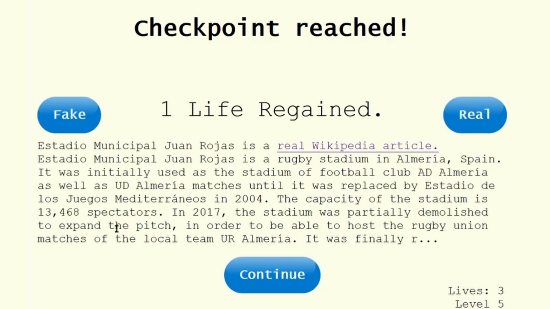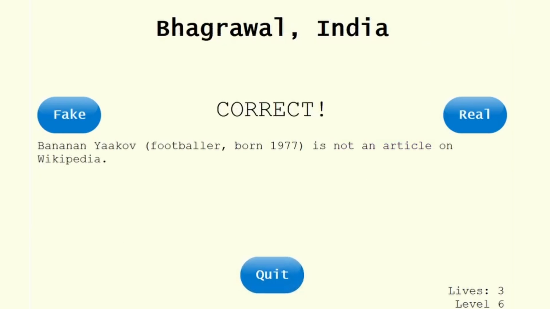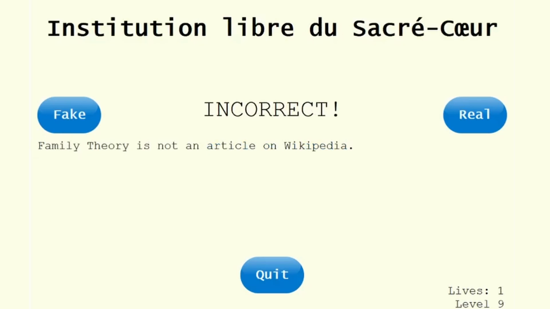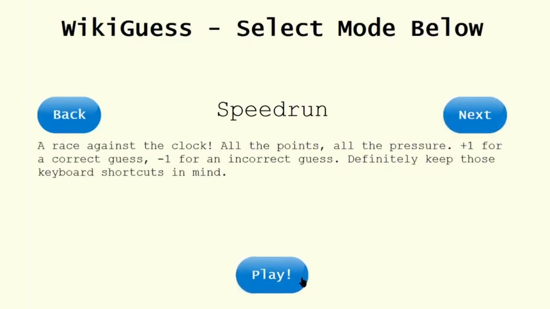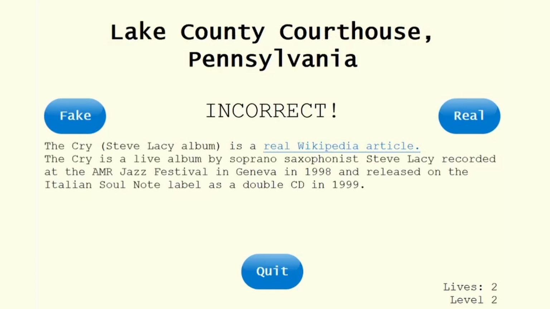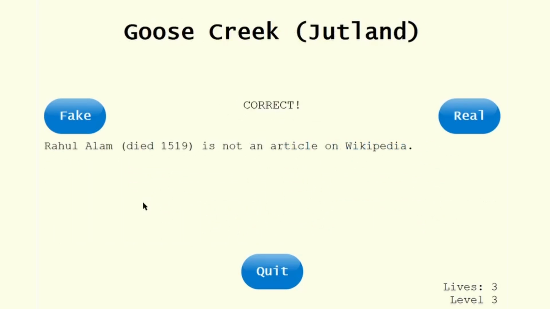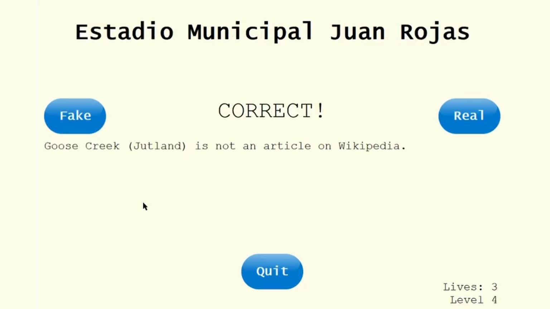Once I did that, I wanted to make the game a little more interesting than just guessing yes or no and being told if you're right after each one. So I added 2 new modes. The original still exists as free play, but now there are 2 more challenging options, Challenge Mode and Speedrun. In Challenge Mode, you start with 3 lives. If you get an answer wrong, you lose a life, and every 5th guess, you gain a life. Your goal is to get as far as possible before losing all your lives.